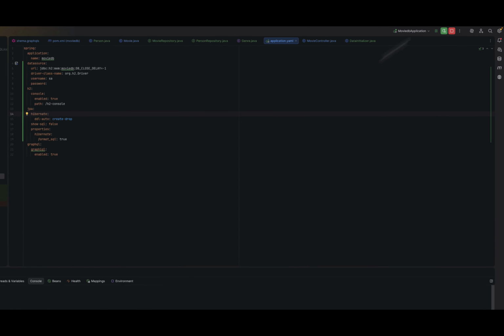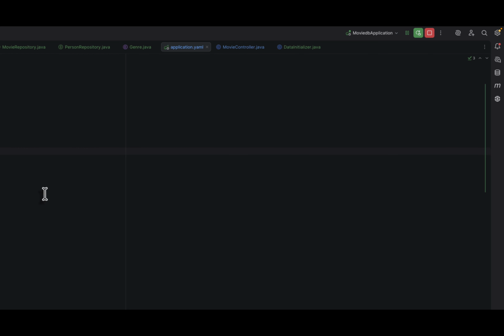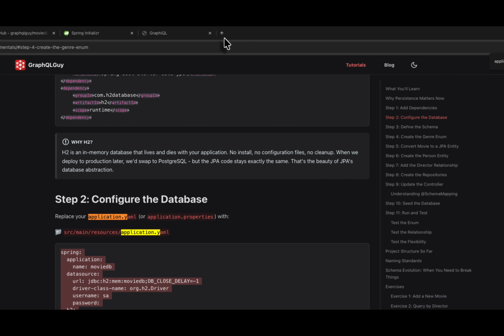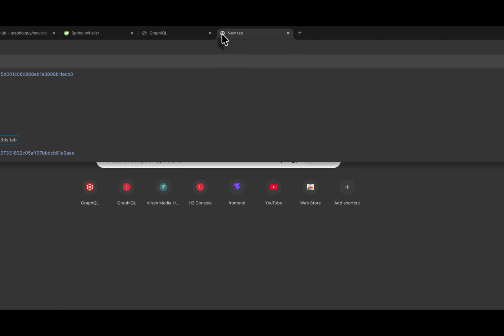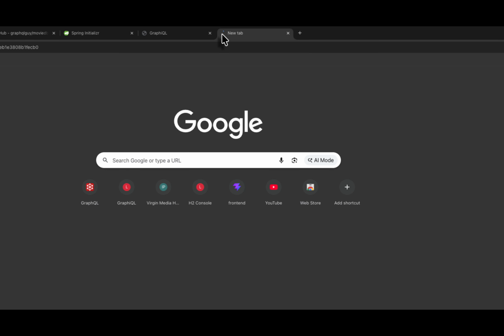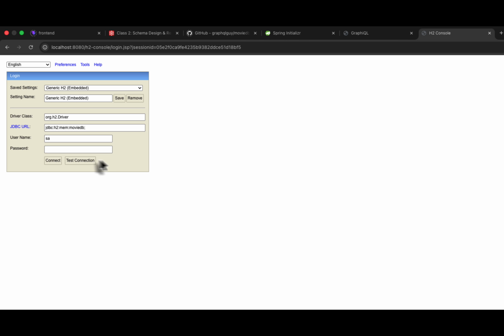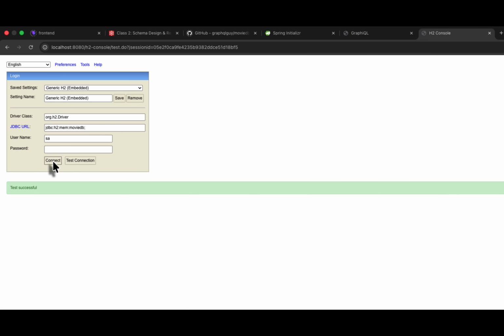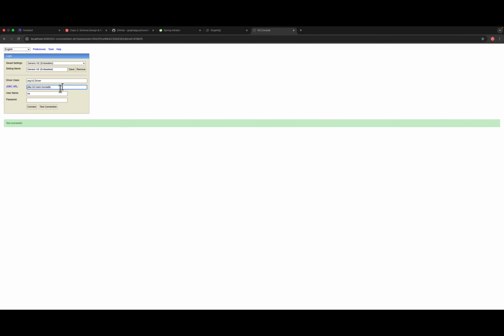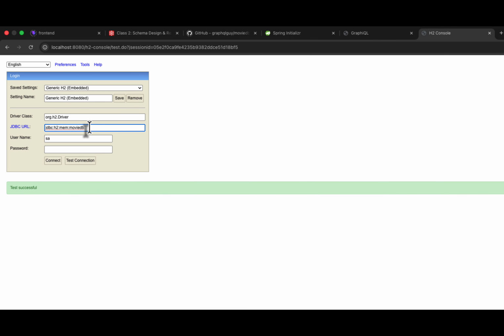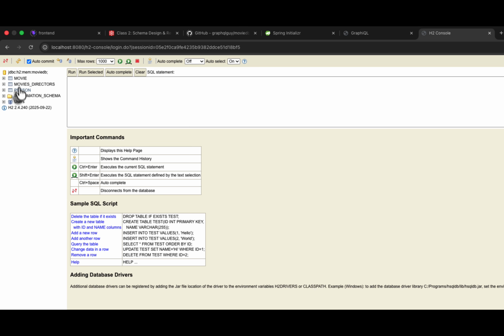So let's just see if this worked. If I go here and I want to go to this, and this is again so bright. Let's see, and we can connect. The first time you go to this URL, the JDBC URL might be a bit different. By default, it just tries to point to your disk. So just be sure to change this to this value, and now we can connect,